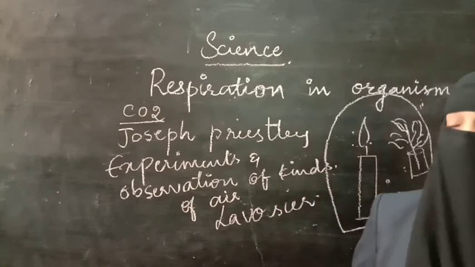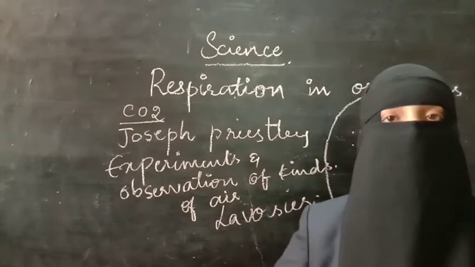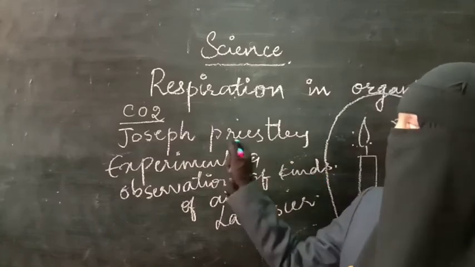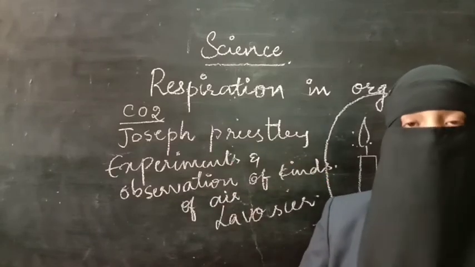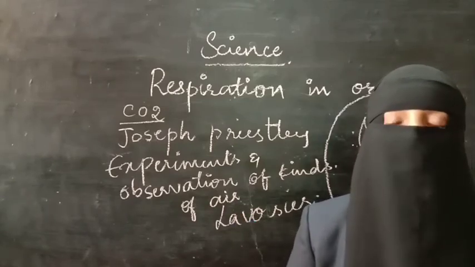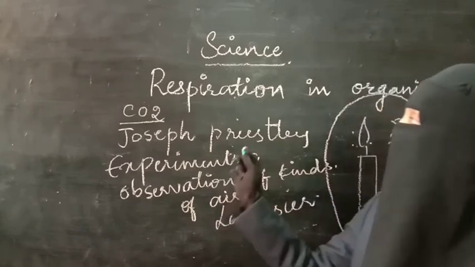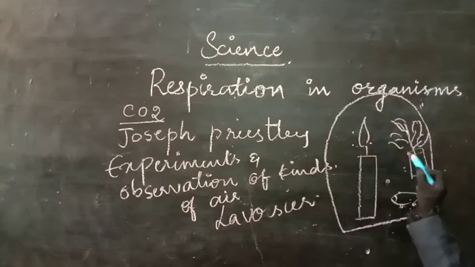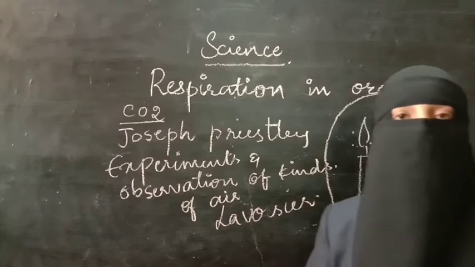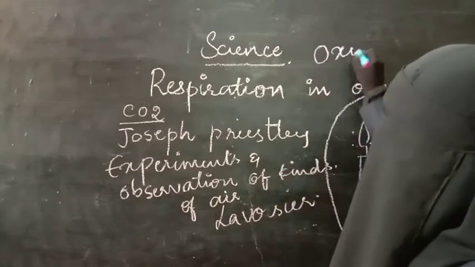We discussed Lavoisier in the first lesson, Food Components. He is called the father of modern science of nutrition. He helped in the discovery of this gas also. Joseph Priestley shared his observations with the scientist Lavoisier. Lavoisier did a series of experiments to know which gas is responsible for the burning of the candle and the survival of the mice. He came to a conclusion, and he named that gas oxygen.